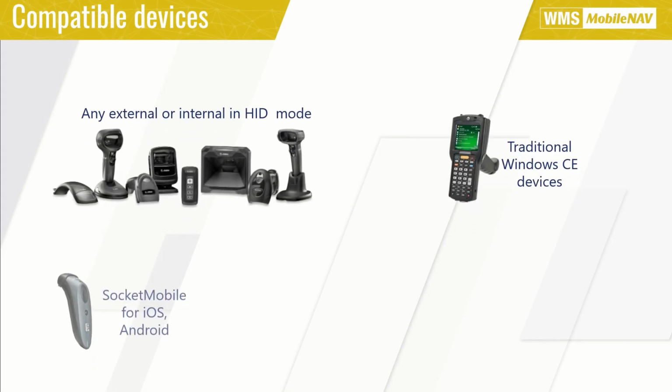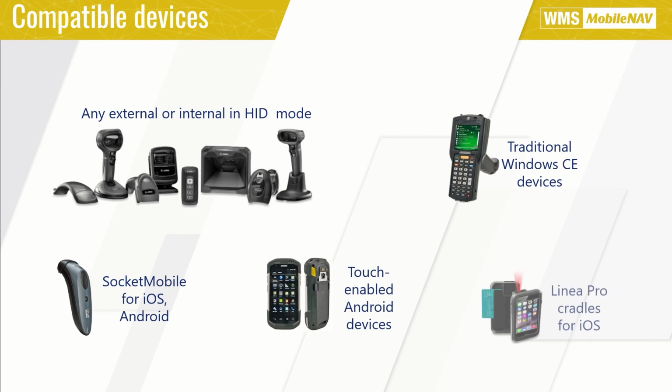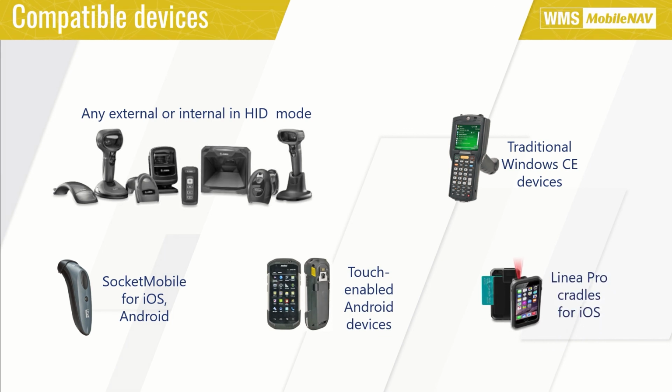Now, regarding how MobileNAV works, that's all I wanted to show you today, but we have received a lot of questions and I want to answer some of them. One of the most frequently asked questions is whether we sell devices as well, or what kind of devices do we suggest to use. It's important to emphasize that we are only a software developer company and we don't sell